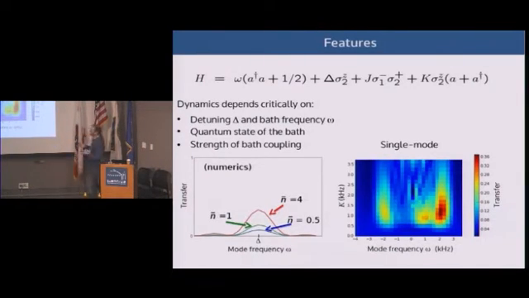It's just two sites and a harmonic oscillator attached to it. So the first thing I talked about already is that the detuning and the bath frequency need to match the structure of the bath. It turns out that also, and Andreas showed this in his experiments, the quantum state of the bath, or the temperature of the environment, matters. So if the temperature is very low, the bosonic enhancement doesn't work very well, and you don't get a lot of energy transfer. But as you increase the temperature, you can see here that the energy transfer efficiency goes up,